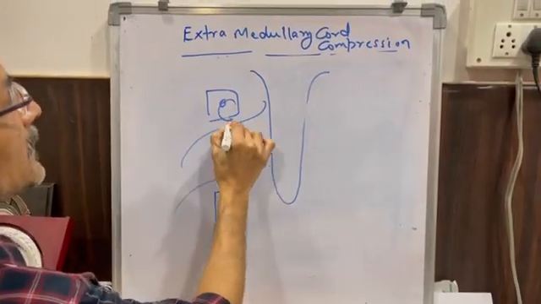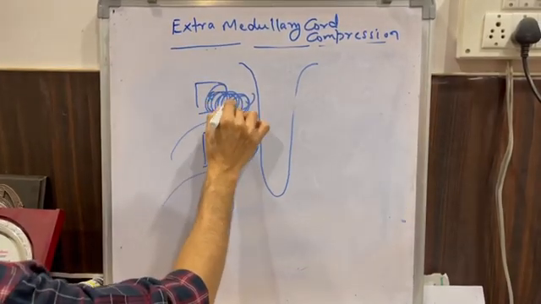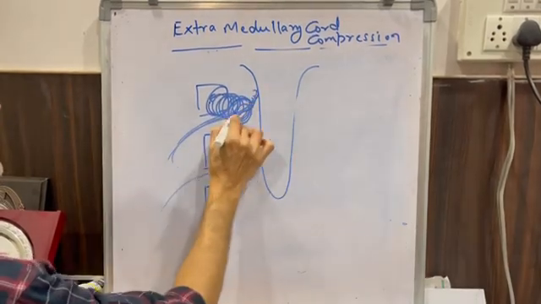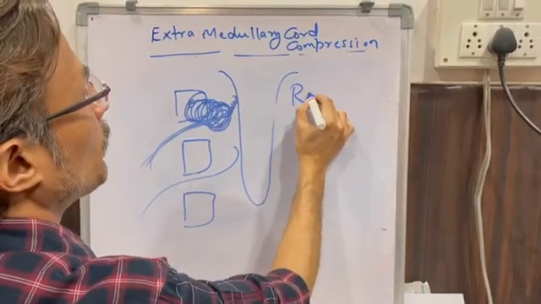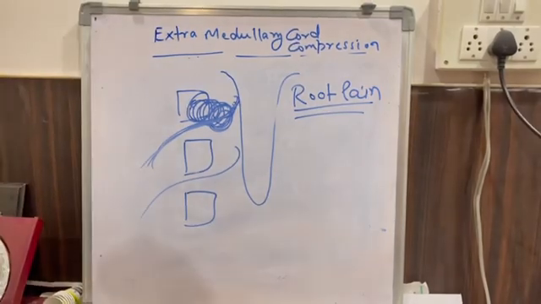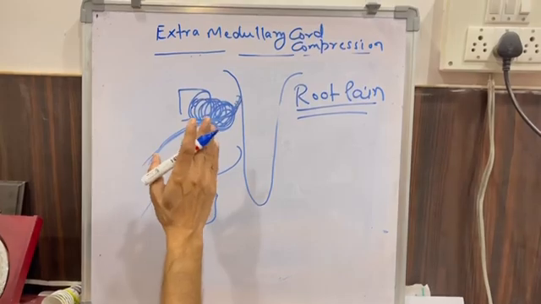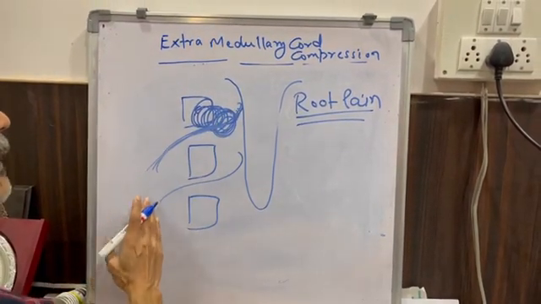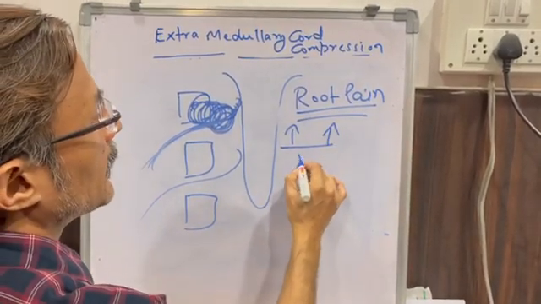Now the lesion is, say for example, extending like this. The first thing after the vertebral pain, it is encompassing the roots, the spinal nerves and the nerve roots. So the second most important finding will be a root pain. How to define a root pain? It will be an acute lancinating electric shock like pain which radiates through a particular dermatome and it increases with any maneuver that increases the